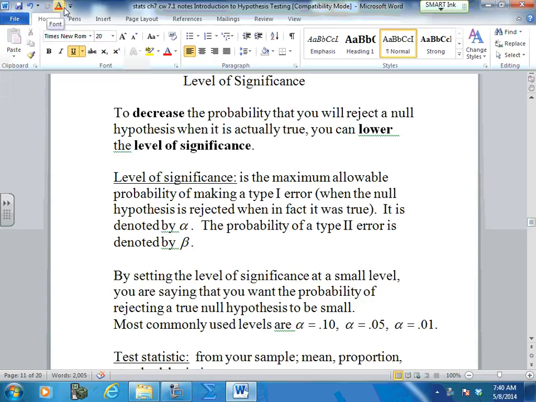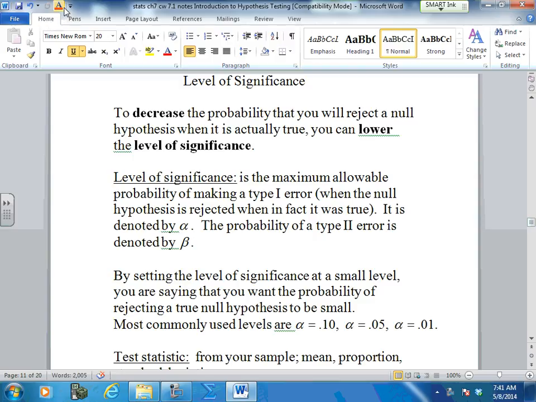Today I want to talk about level of significance in relation to your type 1 and type 2 errors. Let's get started here. I'm on page 337, somewhere around there. So now for your level of significance,